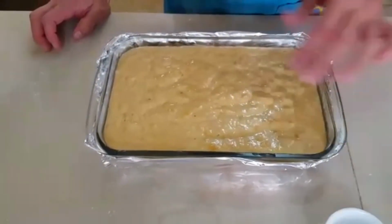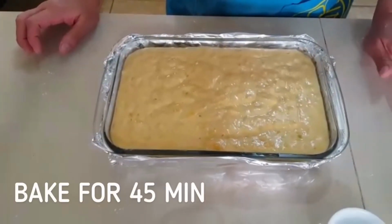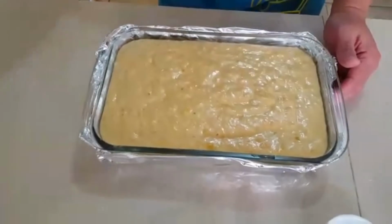好，现在已经弄好了，我们就要放在烤箱烤180度，around 45 minutes. We're gonna bake the cake. 过了45分钟，我们再看发生什么，OK？